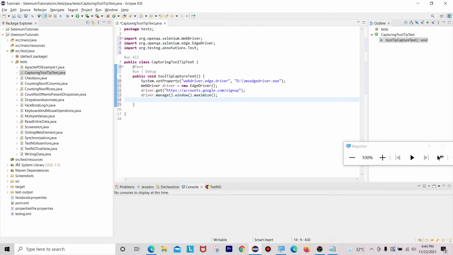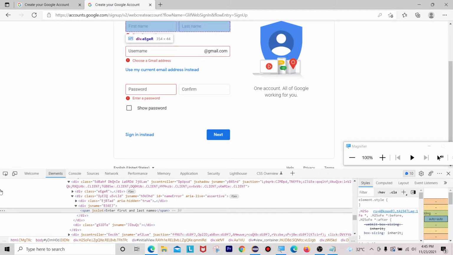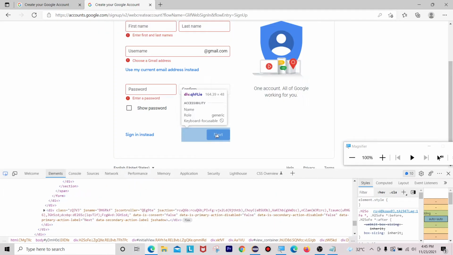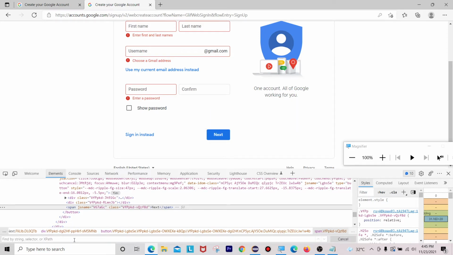Once this is done, I have to inspect that particular element. You get these tooltips after clicking on this Next button only. So first I want to inspect this Next button. You can see here it is followed by one tag name called span.